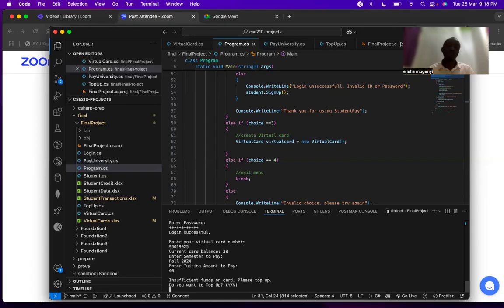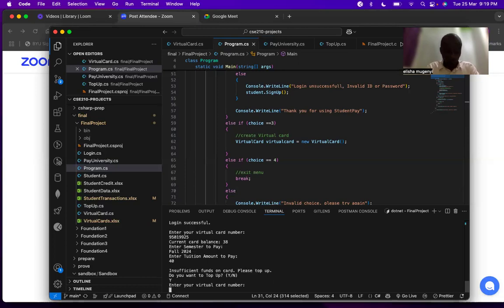First of all, I added the functionality of inputting the card number, creating more card numbers, a card, and displaying it to the user, updating the card balance. Back then it wasn't there. Updating the card balance, capturing this. If someone puts more money than what is on account, it will be an insufficient funds on the card. Then ask you please top up. Then gives you the option to either say yes or no. When you say no, the transaction will be cancelled. When you say yes,